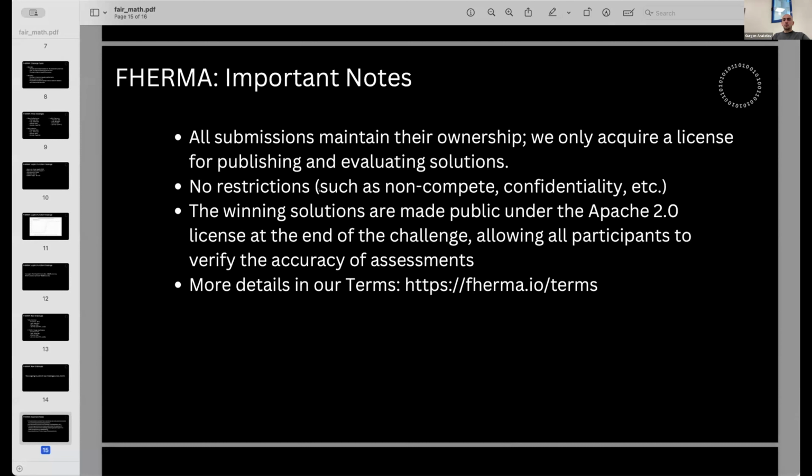We are committing to publish the winner solution in open source form, also under the Apache license. And we don't transfer any ownership. So each challenge will have the developer name. This week, we are finalizing the validation process for our first challenges, and we will officially publish the winner name and winner solution also this week.